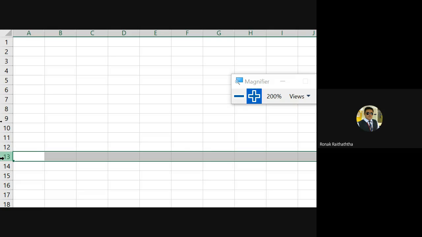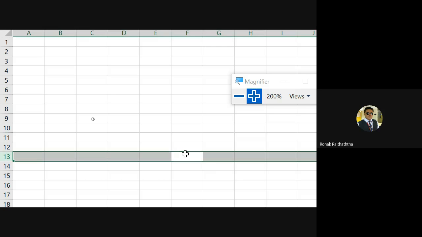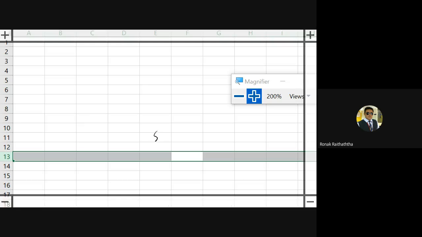There is a shortcut as well, everyone should write it. To select the entire row, you have the shortcut of shift space, shift plus space. Please write it somewhere, either in your Excel file if your typing is fast, and if your typing is very slow, then you can manually write it in your book as well.